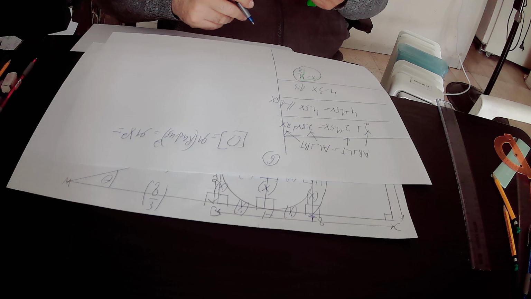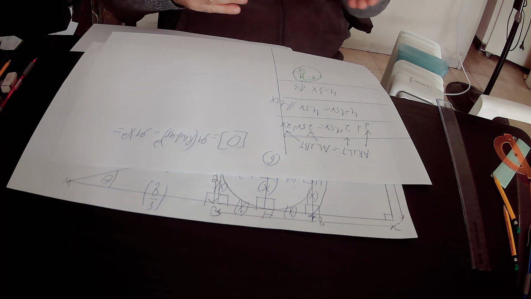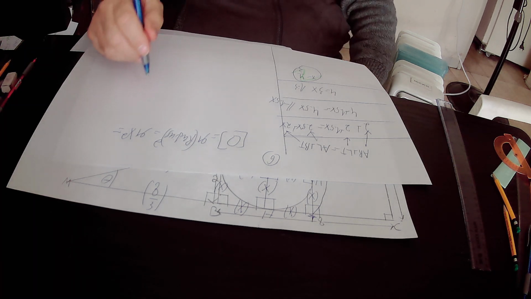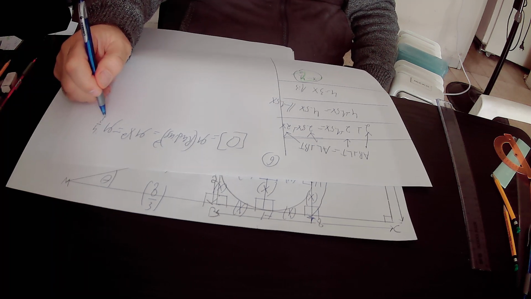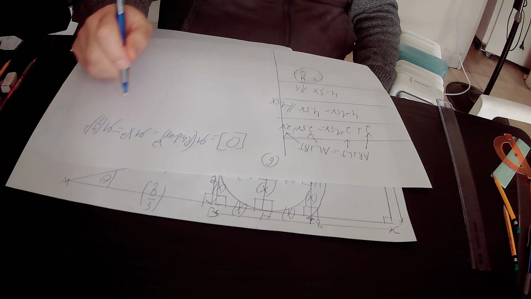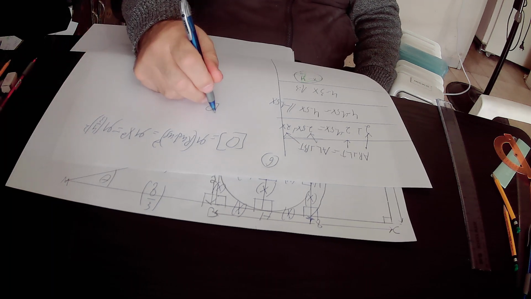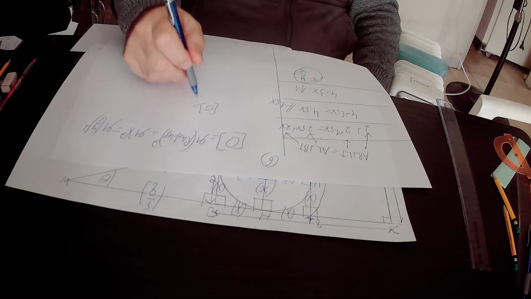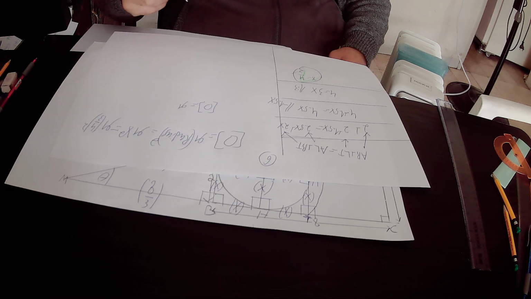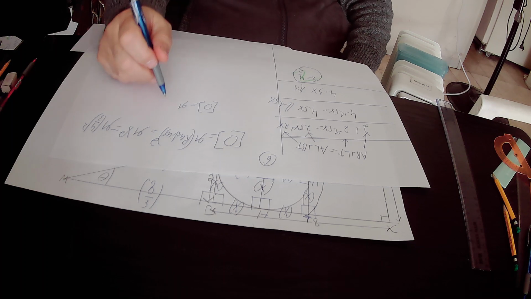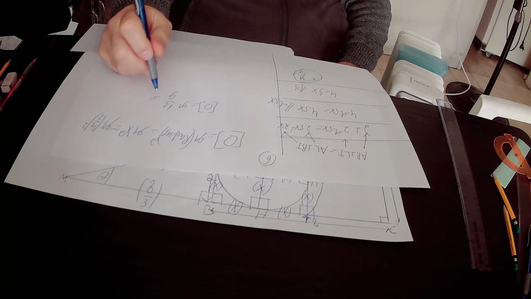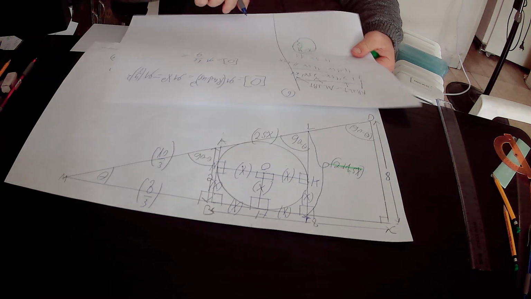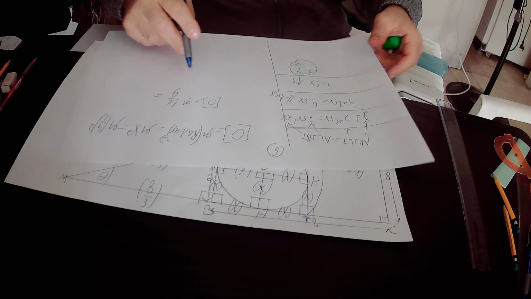And we just found out that x equals 4 over 3. If x equals 4 over 3, it means that x squared equals 4 over 3 squared. So the area of our circle will be equal to pi times 4 over 3 squared. 4 over 3 squared equals 4 squared, that is 16, over 3 squared, that is 9. So in conclusion, the area of this circle equals 16 pi over 9 square units,